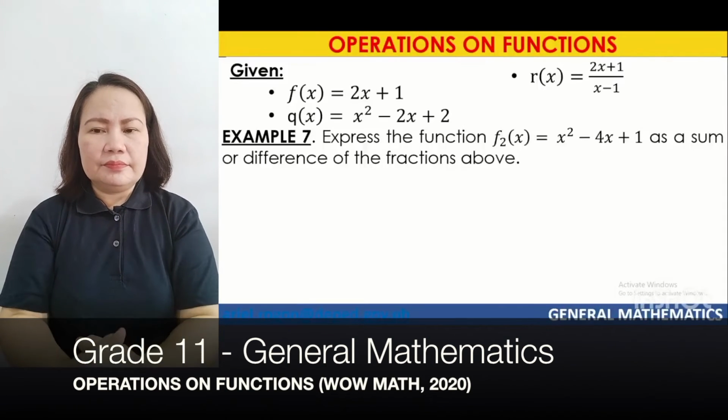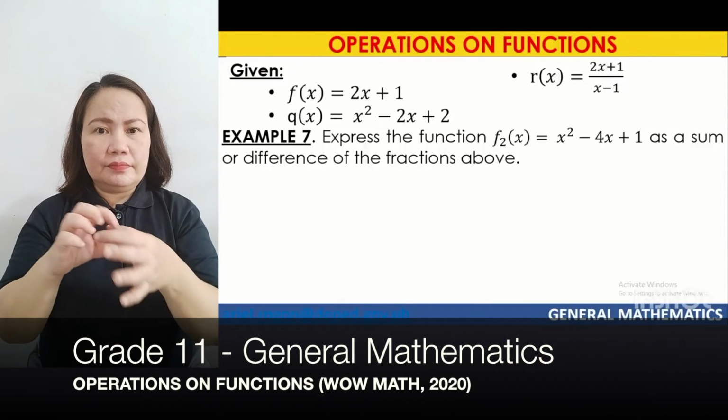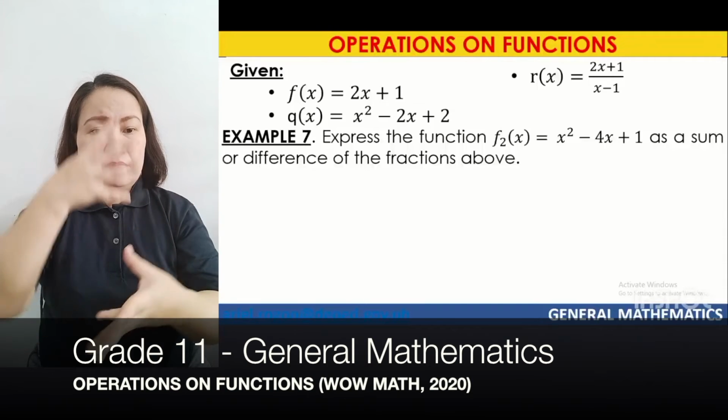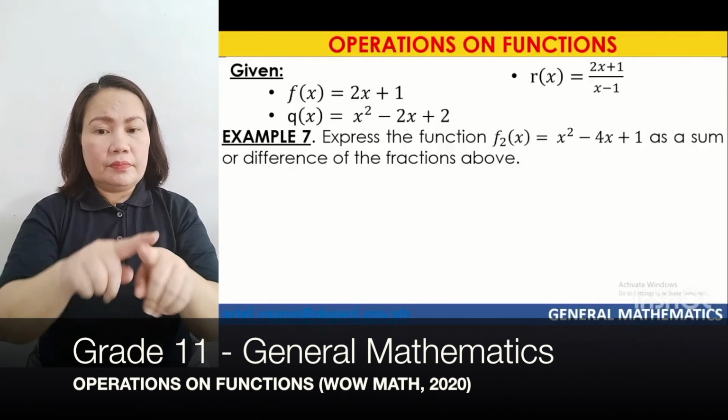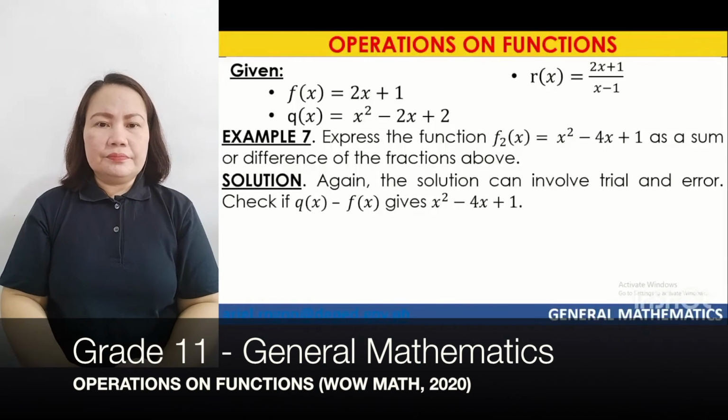Express the function f2 of x is equal to x squared minus 4x plus 1 as a sum or difference of the functions above. Which one could it be? So the answer is,